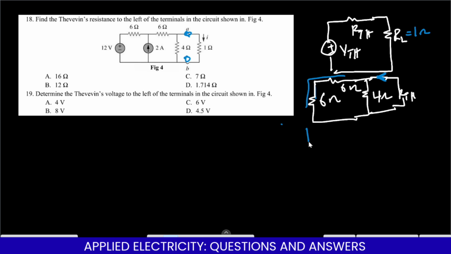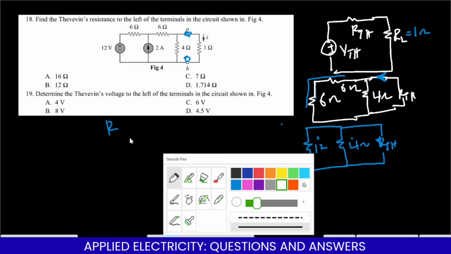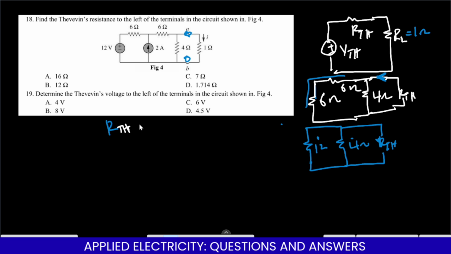So the resulting circuit will now tend to be 12 ohms, and then we have 4 ohms, and finally we have the RTH at this point. So this and this become parallel, so we can see our RTH is equal to 12 parallel 4, which is equal to 12 times 4 all over 12 plus 4, which will give us a resulting value of